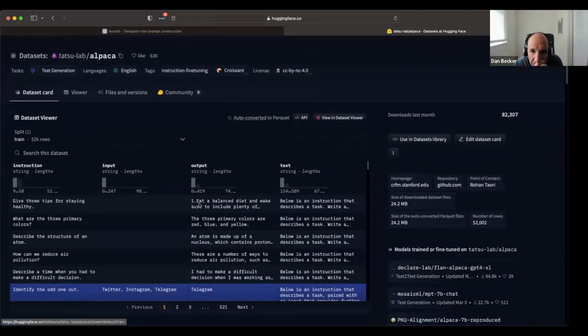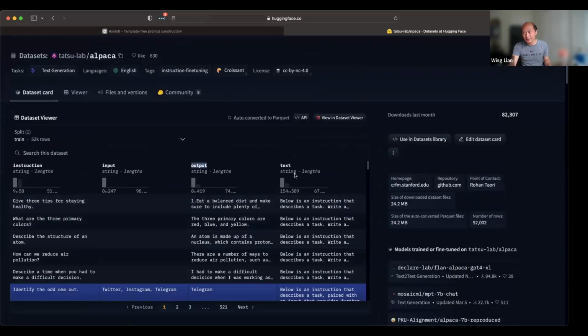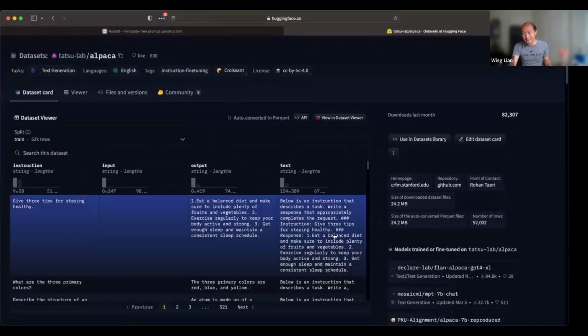All right. And then the output. If you see the text here, this is usually a concatenation of all of these fields as well as what appears to be the system prompt. If you were to use this one, you could use the completion style, where it takes everything from the text field and uses all of it.